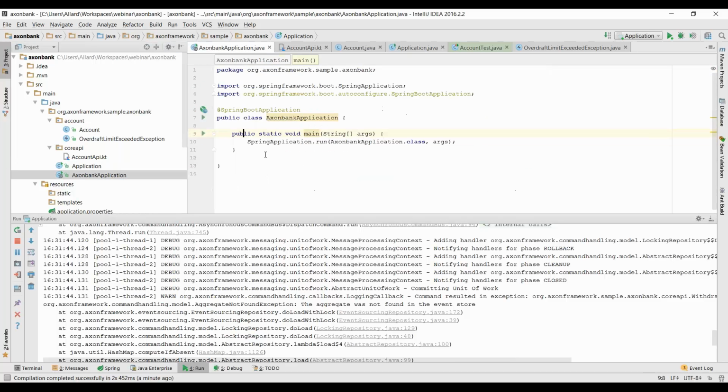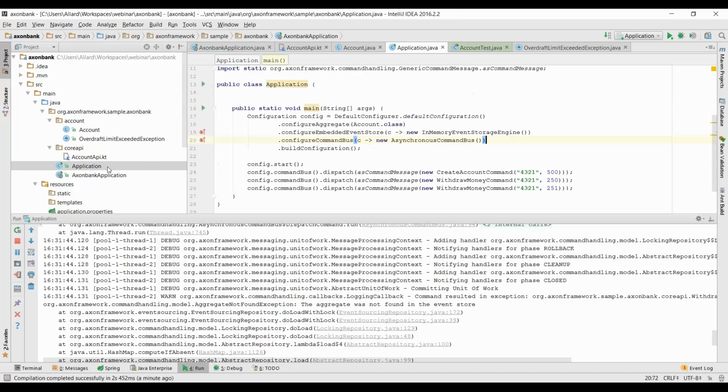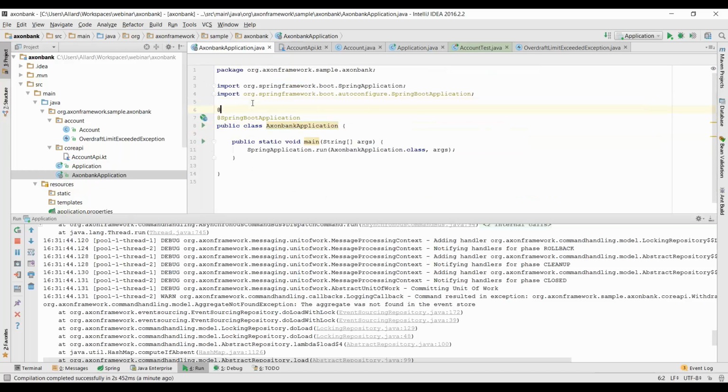So let's do the same in Spring and see how that compares. In Spring, we don't need to use the configuration. We don't need to use this configurer. All we need to do is say we want to enable Axon auto configuration, and this will give us a command bus, event bus in this case,